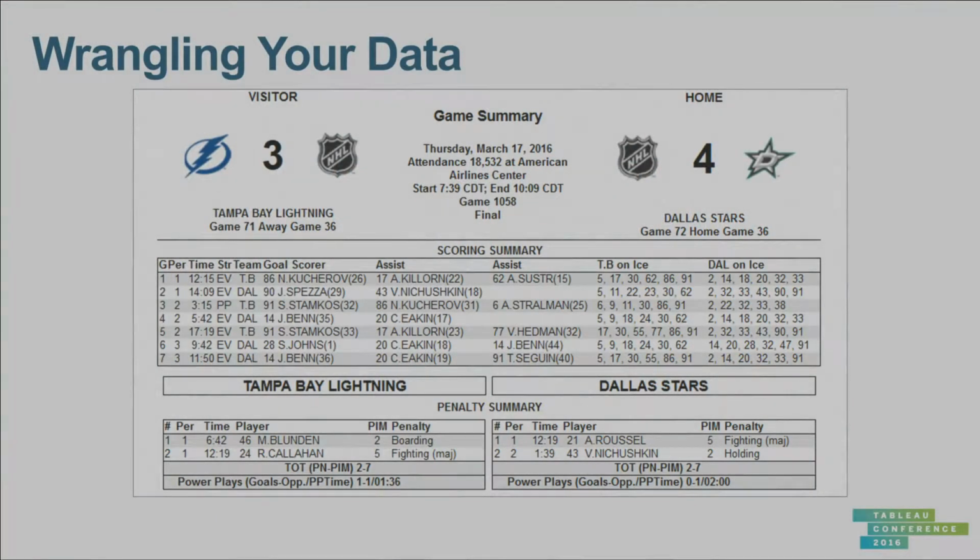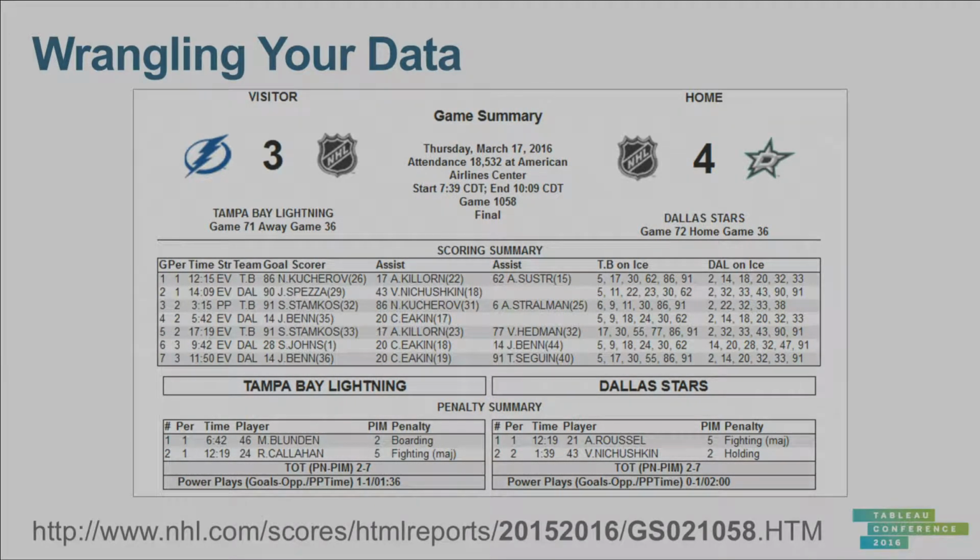So let's go back to that summary. What did I do first? I needed to figure out how I could create my scraper in such a way that I could get any game I wanted from any year, any time. So I started with the URL of the summary. Humans are really good at finding patterns, and the first thing I noticed was the year, 2015, 2016. The game was from the 2015-2016 season.